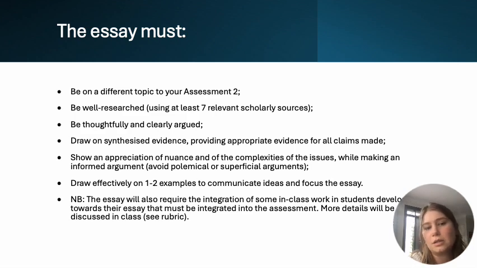And the last point, integrate some in-class work into the essay, basically means you need to use the tasks from the tutorials in this assessment, or from the short tasks that we have done. So this is why for some of those prompts I mentioned how you could add to your existing notes on another concept for this assessment. So, applying concepts of grief to the bushfire survivors that we looked at, just outlining what your notes were from the class, and then adding on to that debate with this extra level you're exploring with concepts in this assessment. And that's just an example.